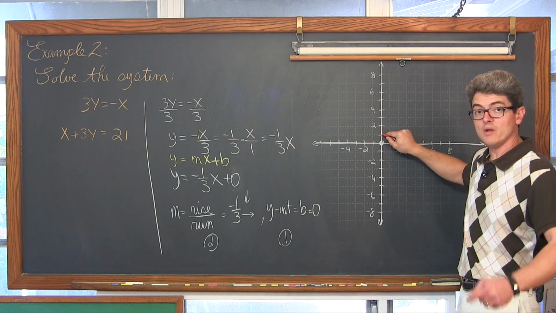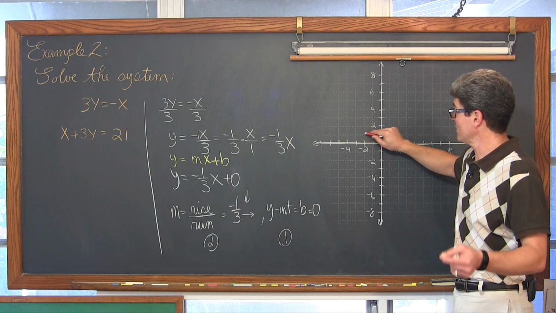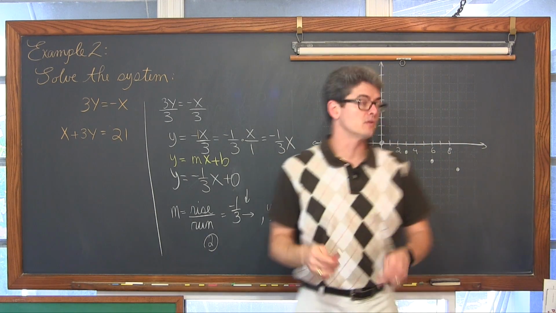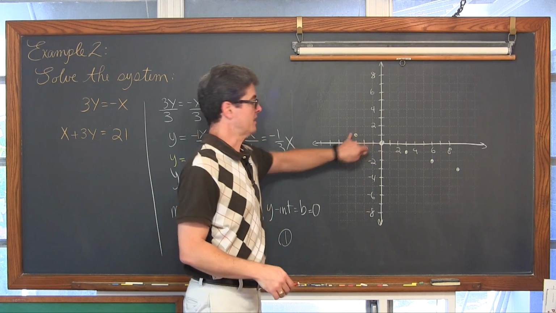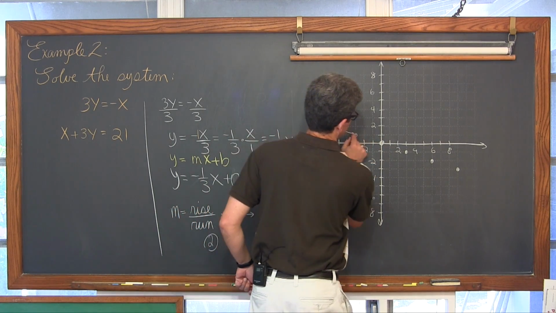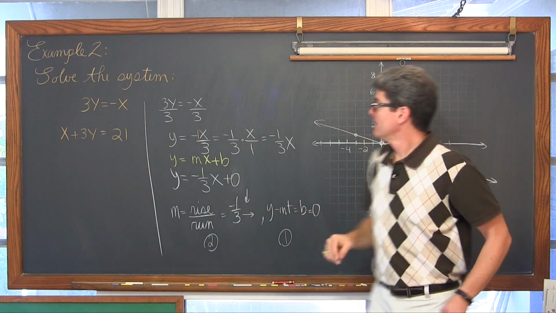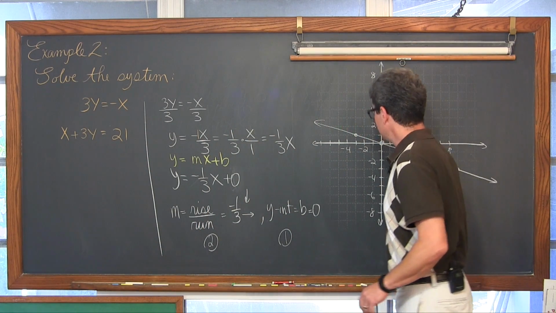Or I can go up 1, that's a positive movement, but then I can go left 3, which is a negative movement in terms of a horizontal. So it's still kind of like a positive 1 over a negative 3. We get, that is our first line. Now, our second line, let's keep that in orange this time.